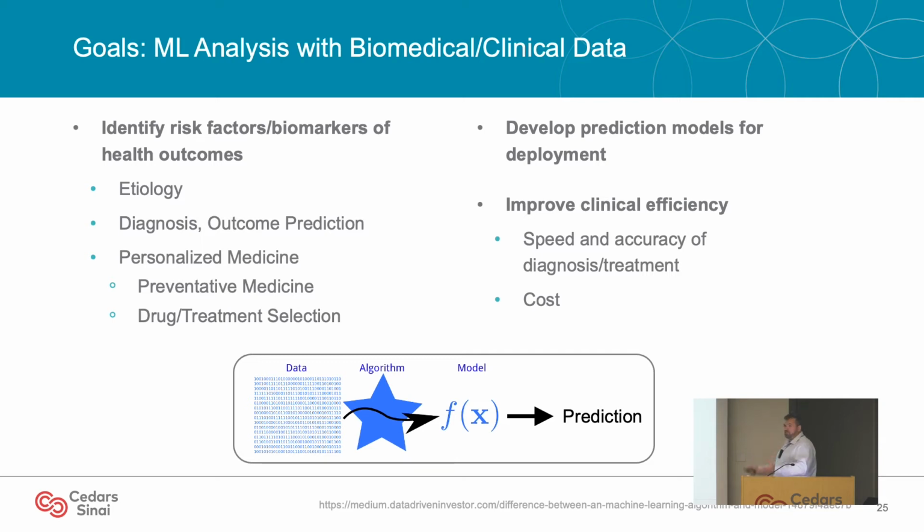This is the typical process that we're dealing with when we're making predictive models in biomedical research. We start with data, we apply some algorithm to it, that algorithm will generate us a model, and then we can apply that model to make predictions in the future. This is the super streamlined version of the rest of this workshop. We're obviously going to expand this a lot.